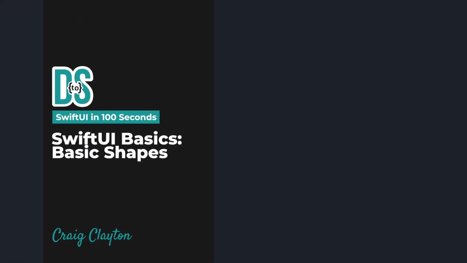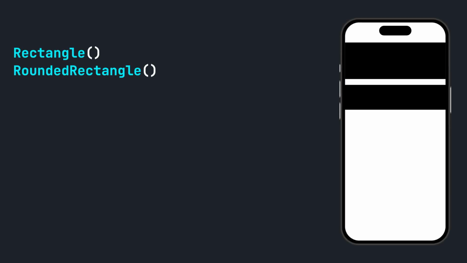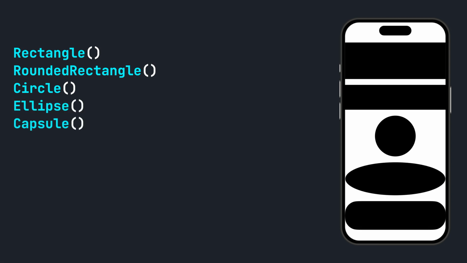SwiftUI has 5 built-in shapes that we can use. All 5 shapes are created the same. Let's first start by creating each shape. Those 5 shapes are rectangle, rounded rectangle, circle, ellipse, and capsule. All shapes are instantiated with their name with no other information except for rounded rectangle, which needs a corner radius